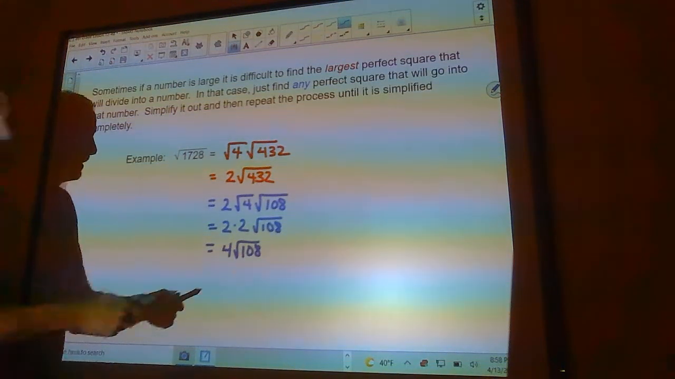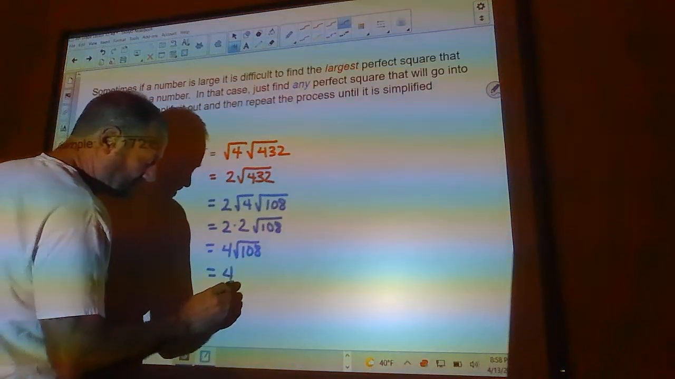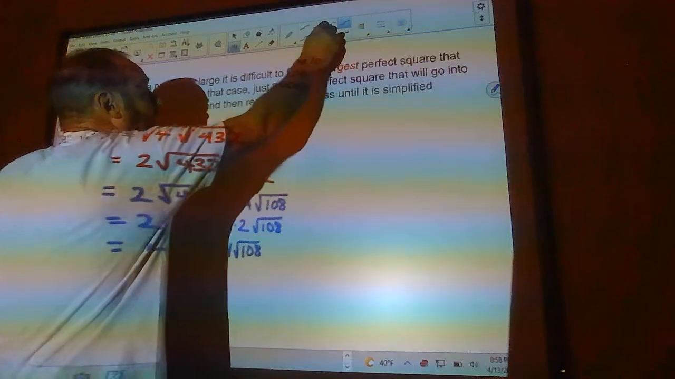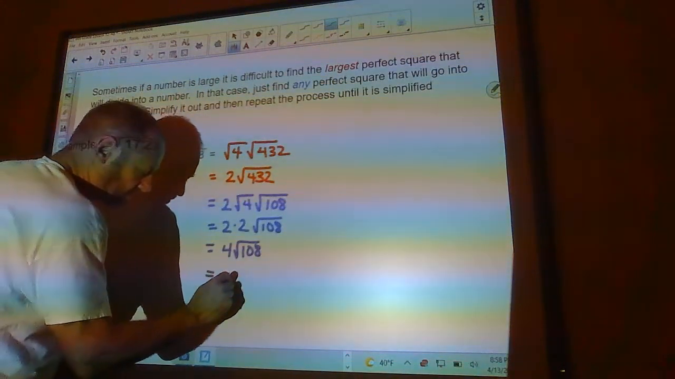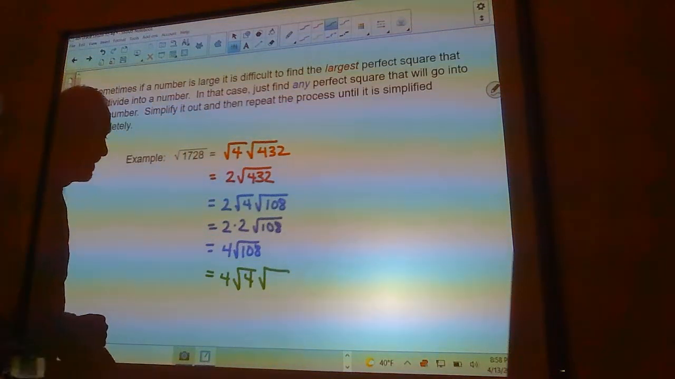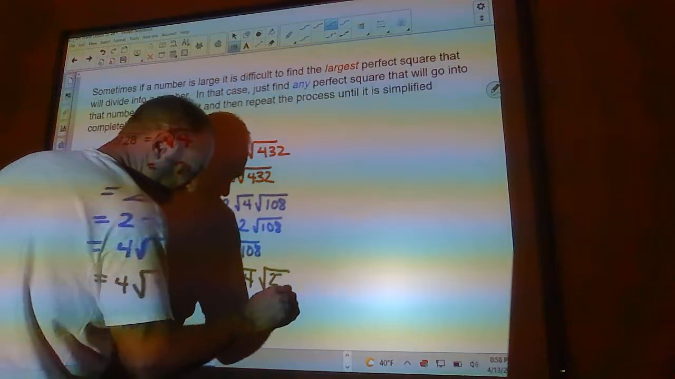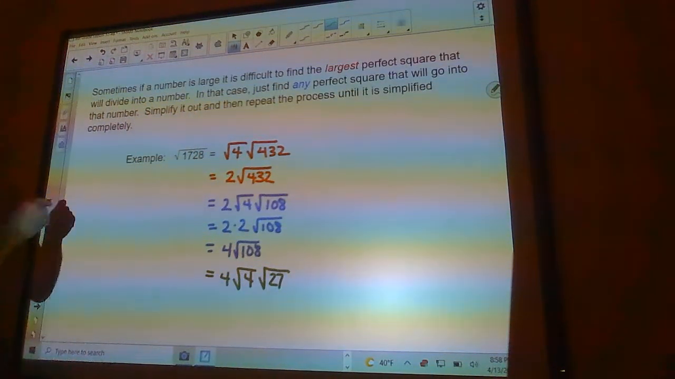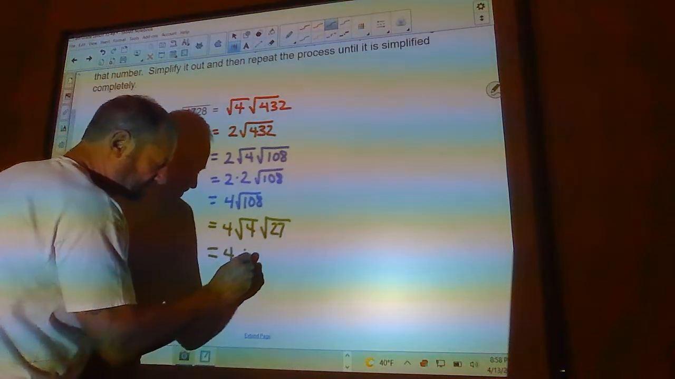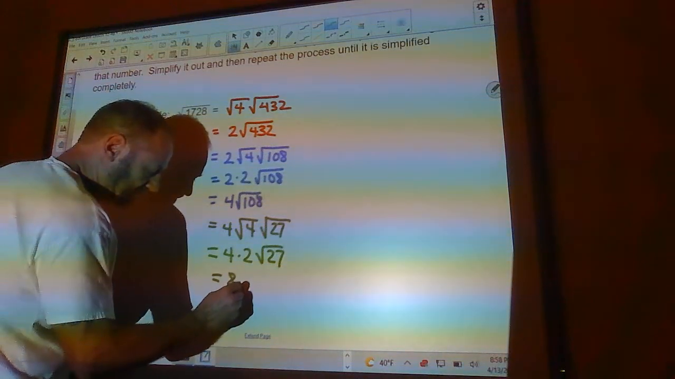Let's see. 108 is divisible by 4, so I could do this by 4 again. Here, let's do this in a different color. Let's try green. So this is 4 times the square root of 4 times, that should be 25, 26, 27. That's 27. So this is 4 times 2 times the square root of 27, which would be 8 times the square